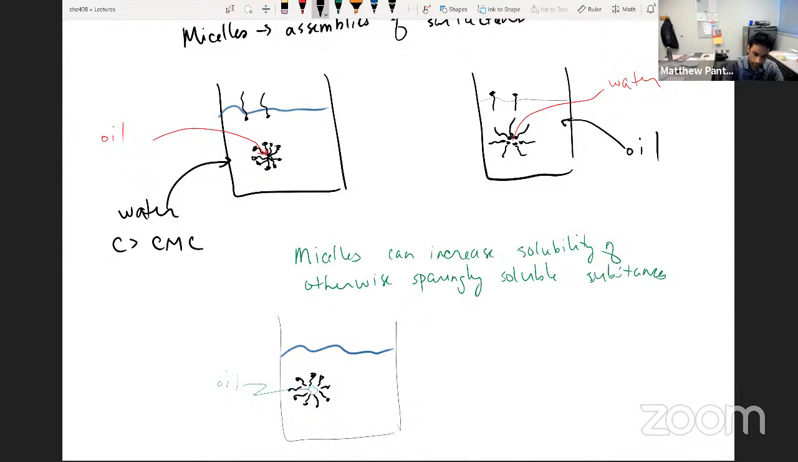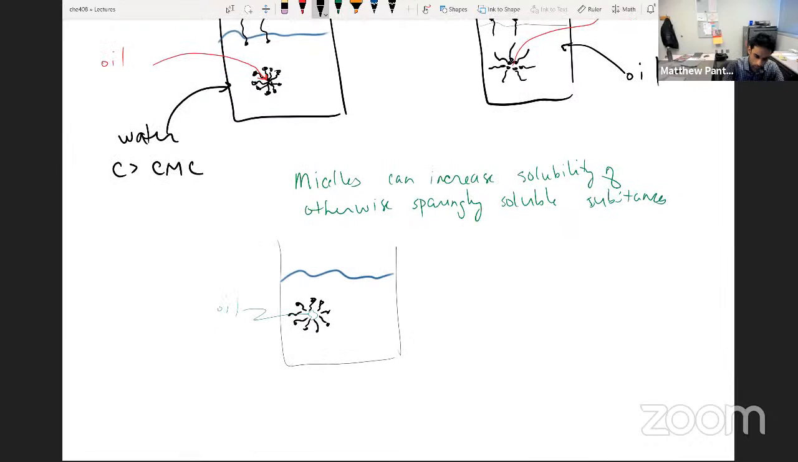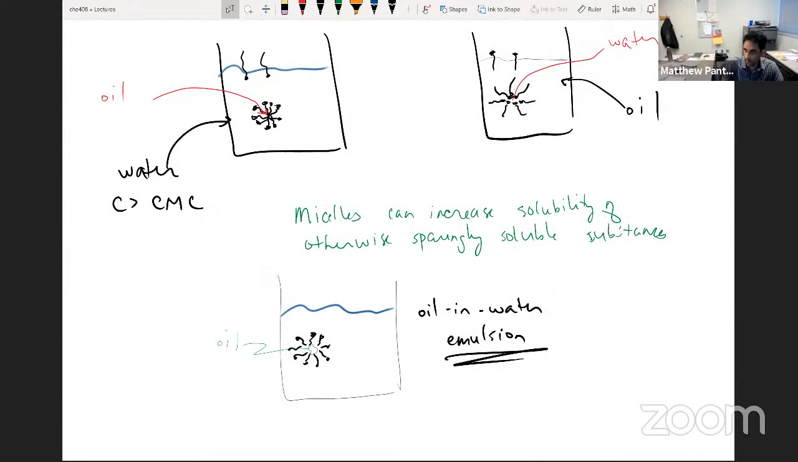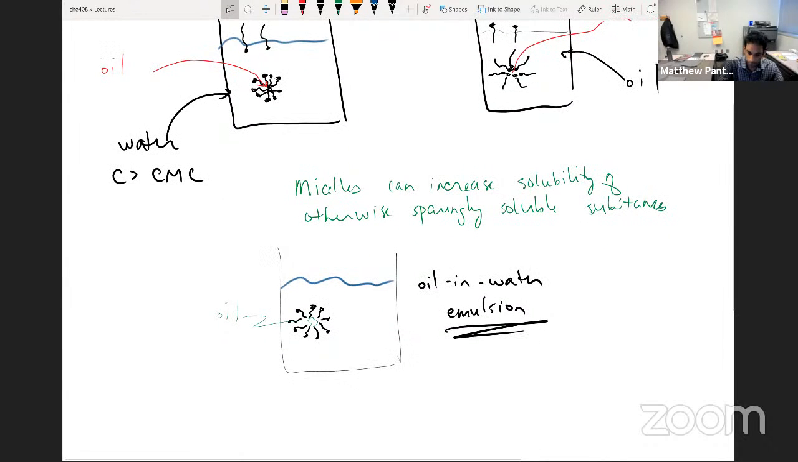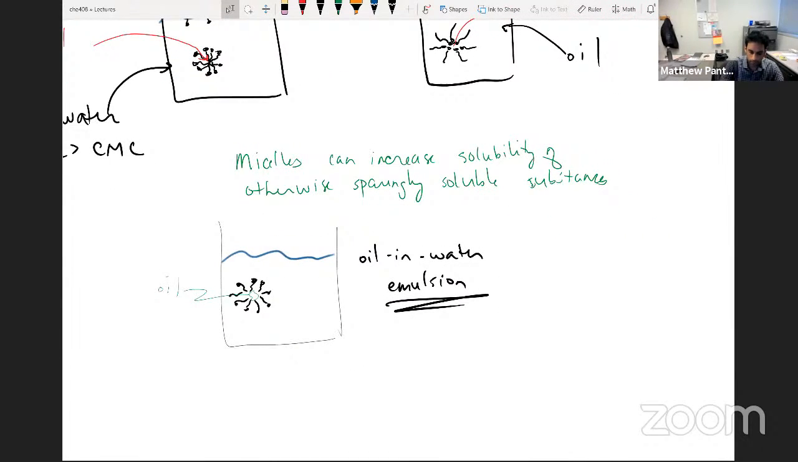And this is called, in this case, an oil in water emulsion. So you can have the opposite. In the right case, if you were to add water and agitate this, this would be a water in oil emulsion. So again, when we talk about foods, for example, if you've ever made salad dressing, like a vinaigrette,